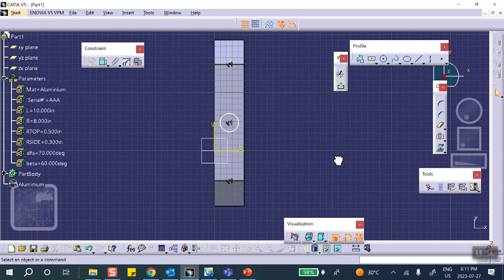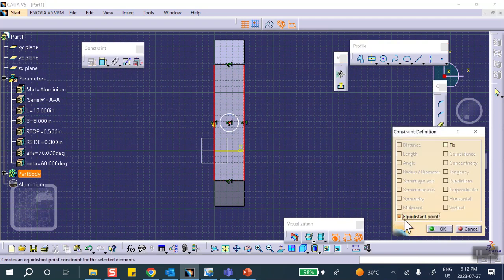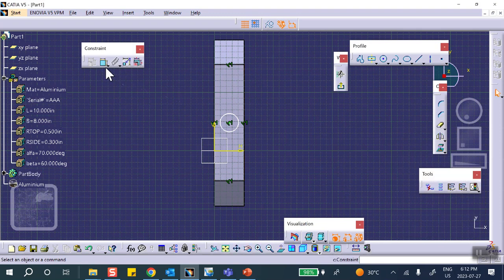Yeah, that's good. And then the left line, control the right line. Maybe left one I didn't do yet. Control. Okay, good. And the center, again, equidistant. And don't forget that you have to dimension this circle because it's going to be our top later on. Exit,